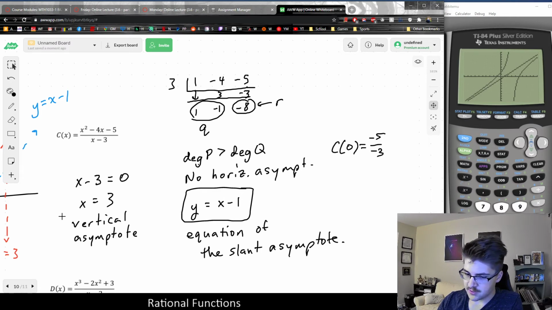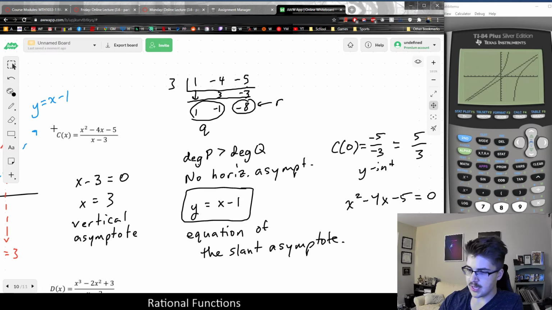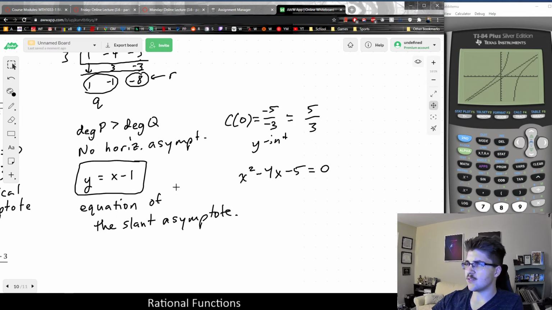So positive 5/3, again, because that's always found by plugging in 0. And the x-intercept is always going to occur based on the numerator being set to 0. So if I set x squared minus 4x minus 5 equal to 0, this one I don't need the quadratic formula because I think I can factor it